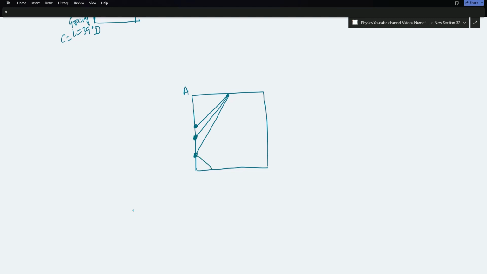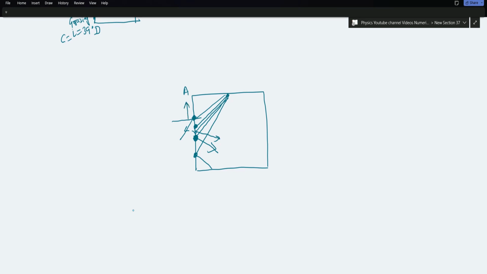This is 39, so therefore grazing happens. This point is less than 39, so internal reflection doesn't happen. It goes out, right? It bends towards the normal. This is grazing. This is 45 degrees. Internal reflection happens. Anything which is greater than, for example, this is 41 degrees, internal reflection happens, right? So you can make out that the closer you are